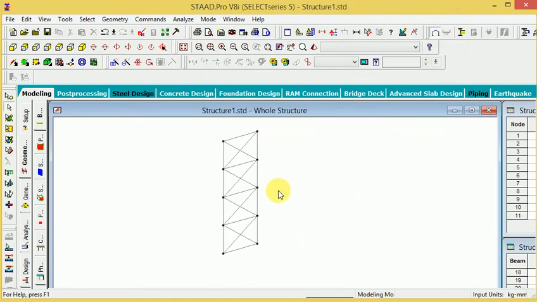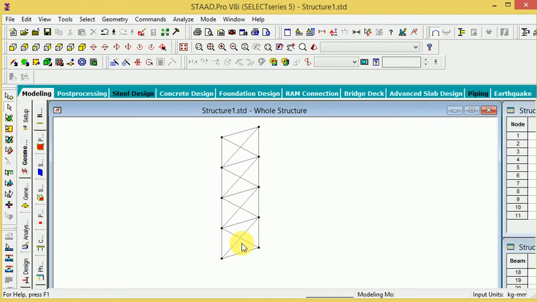So look at this y direction, here the upward direction is the y direction.